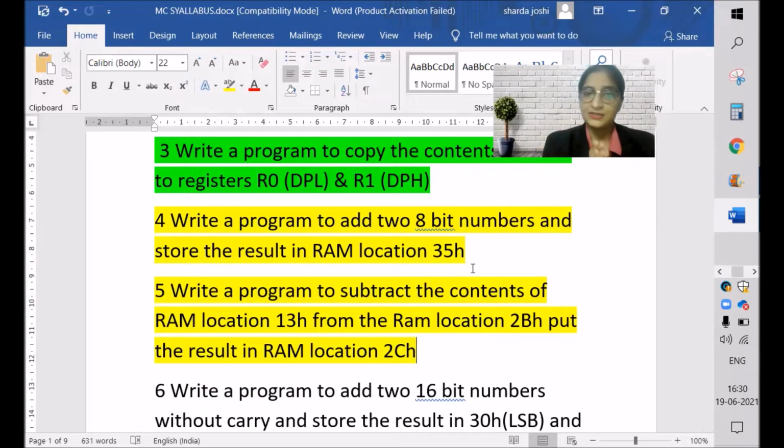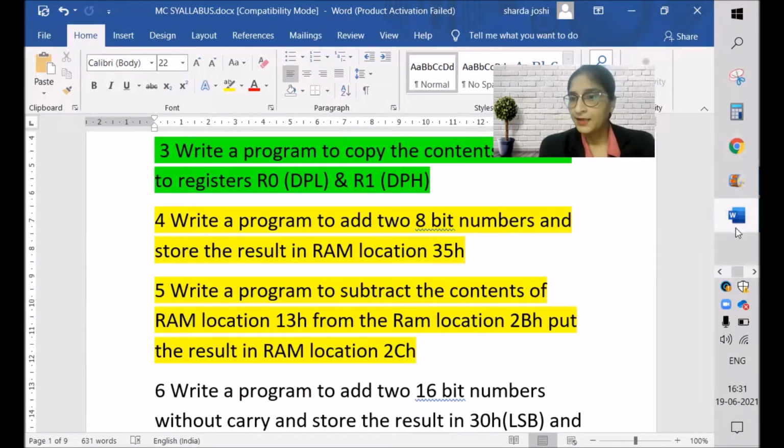The only difference in the 5th program is that they have specified which location we are supposed to take the first data from, and which location to take the second data from. Then we'll do the subtraction, and for the result, they have specified the location for storing it also. So this will make our work easier because they have specified everything. We only have to take data from those locations, do the arithmetic operation, and store the result in the specified location.